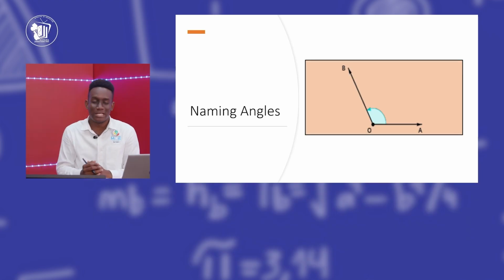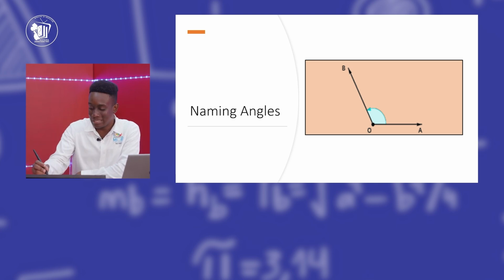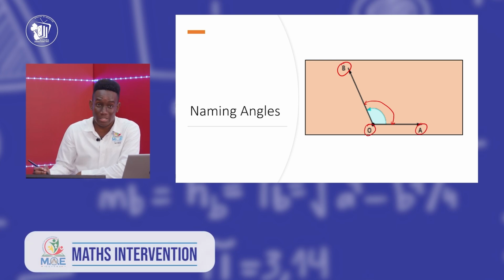So first of all, let's look at naming an angle. Normally, an angle is represented by three letters, and the three letters each represent a point, and the points guide you through the angle. The middle letter is usually where the angle is at, and the two end ones are the guide to completing the angle. So for this angle that I have here, if I wanted to label it, we start from here and we go towards here, and then we go to the end part of this angle. So we can say the name of this angle would be BOA,